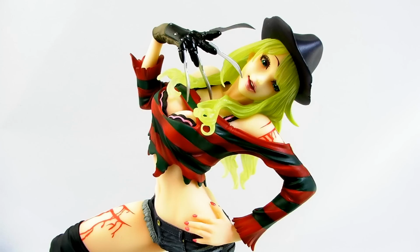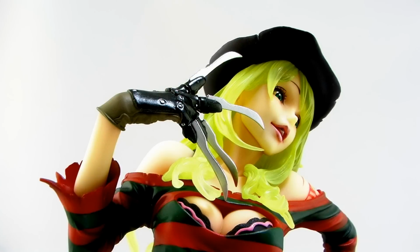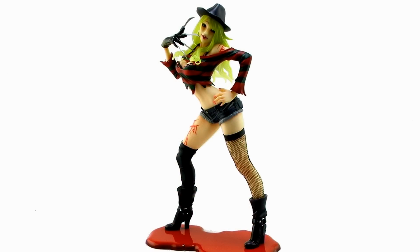this particular statue. In fact, the back of the box even says that Freddy Krueger may wear the same iconic striped sweater, hat, and bladed glove, but that's where the similarities end. A blonde vixen, this Freddy Krueger is a beauty with torn clothing, mismatched stockings, and even lacy undergarments. So, yeah, it's quite a different take on the Freddy Krueger character. And whether this is something that you'd like or not, it is still a very nicely done piece. It's got a great sculpt and a beautiful paint job, and it's definitely something unique and different to add to